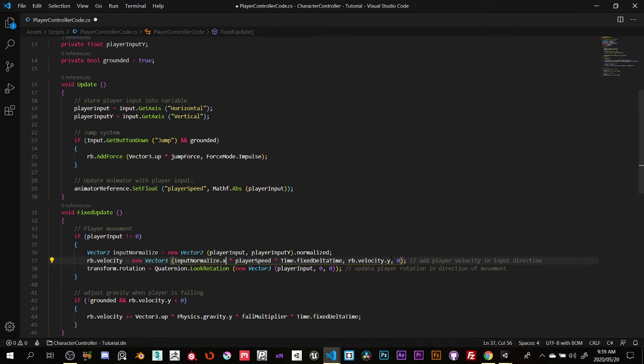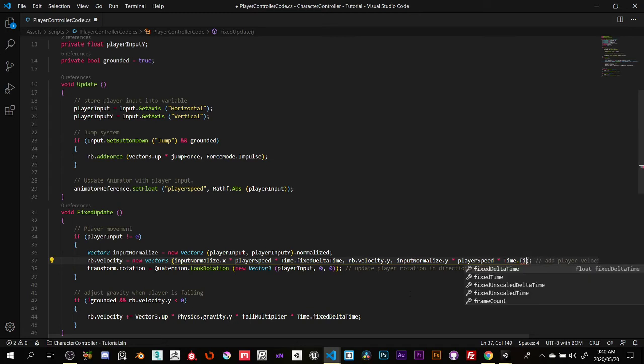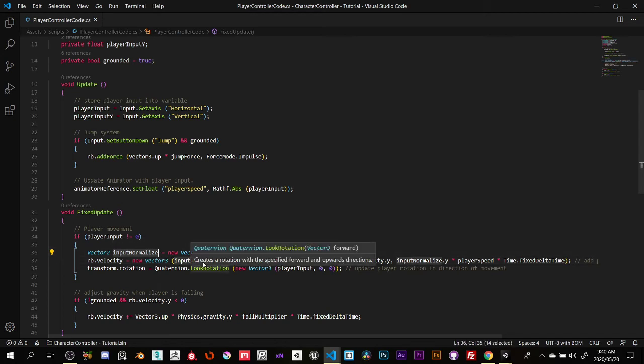Then where it says 0 at the end, type inputNormalize.y. We multiply that by player speed and then multiply that one more time by Time.fixedDeltaTime, and that's it. We're using that input inside of our rigidbody velocity while still keeping our gravity here, rb.velocity.y. So if we save this and go back,